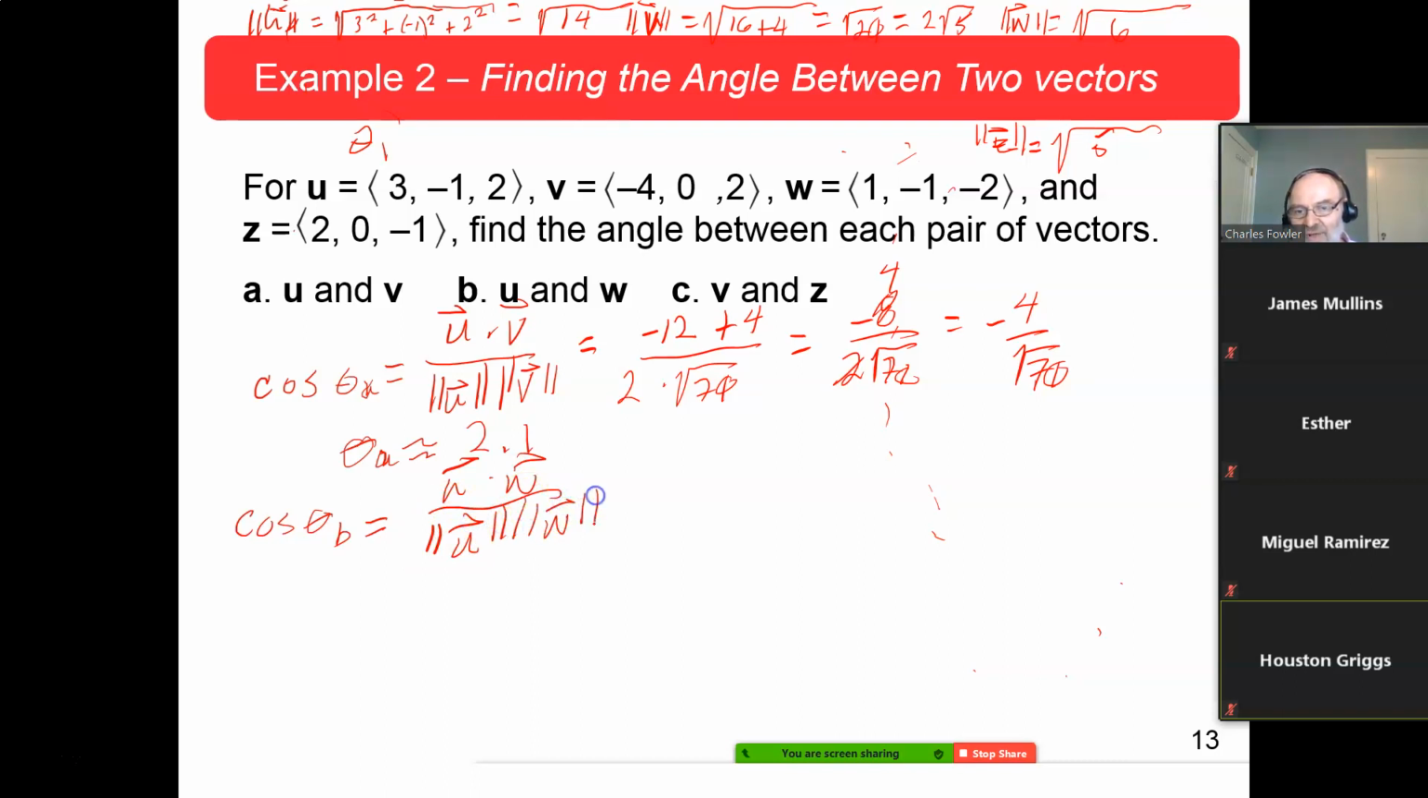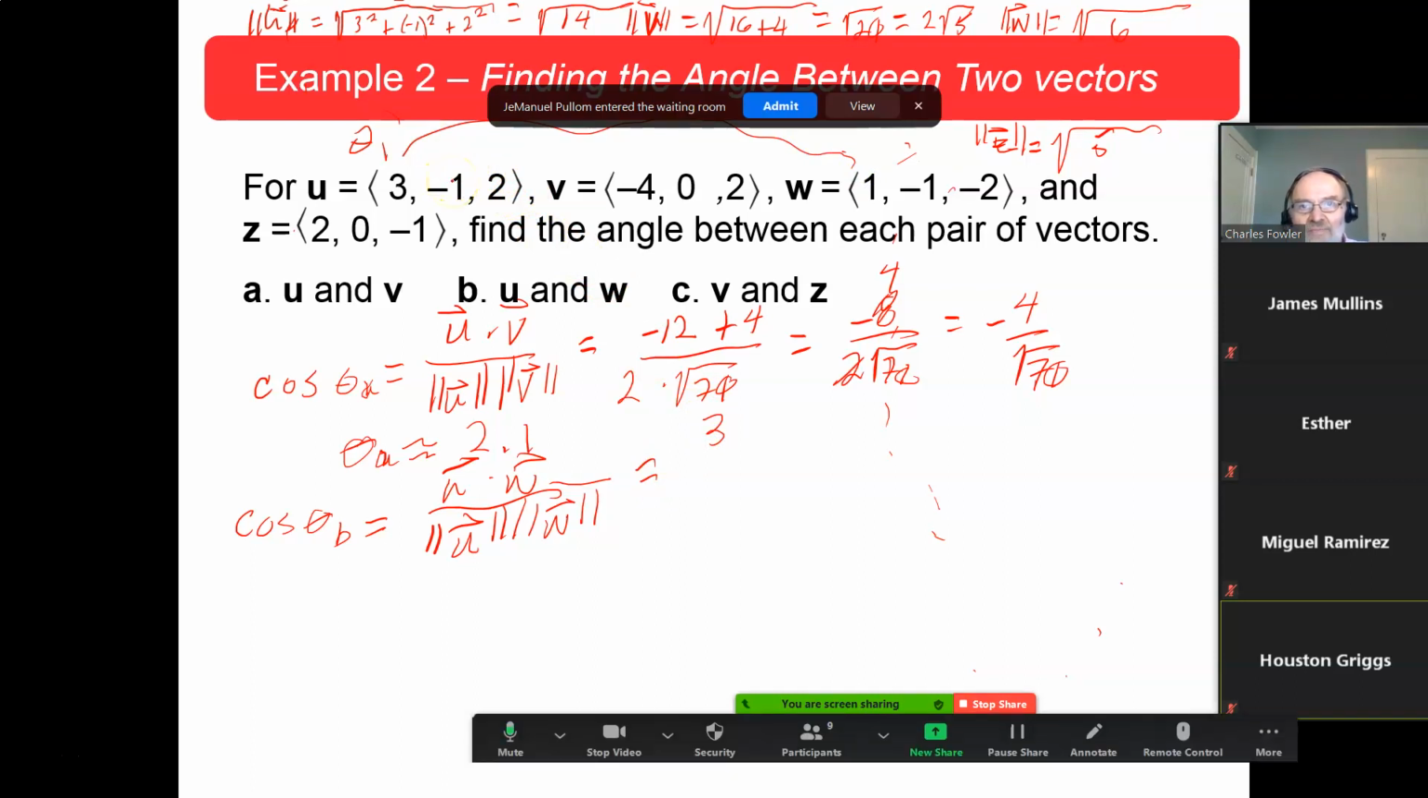All of those are scalars. Magnitudes are scalars, dot products are scalars. Okay, U dot W, that's the one we're doing, right? Yeah. 3 times a 1 would be 3 plus,